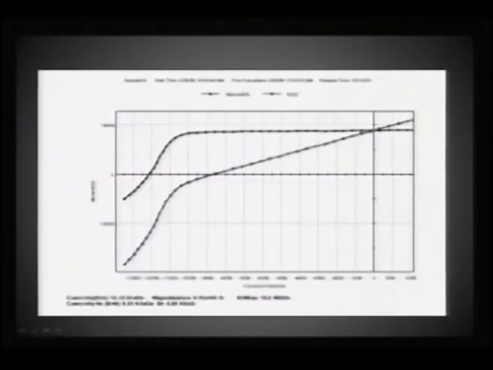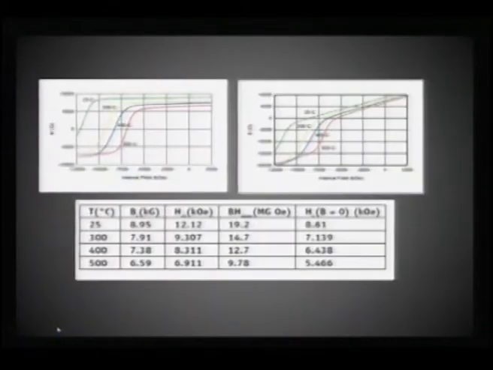And this is how we see a response for the samarium cobalt compound. This is your M versus H, and this is your B versus H plot for samarium cobalt, and you can see that the second quadrant is very clearly altered when you try to increase the temperature. And for example, the